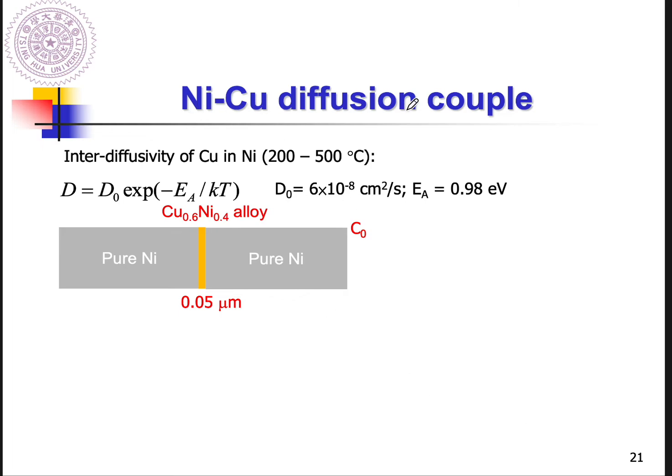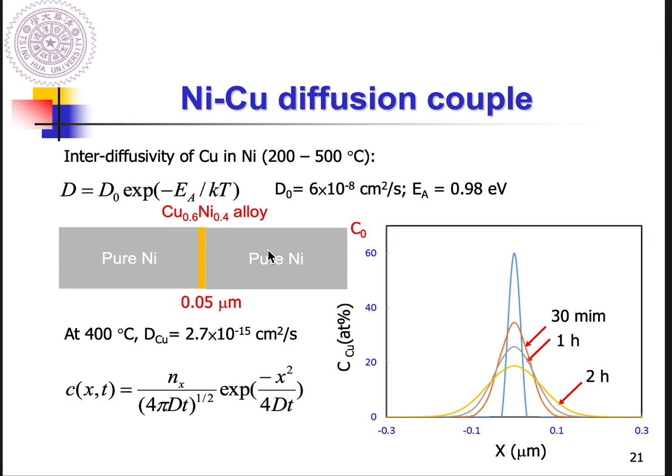We have a nickel-copper diffusion couple. That means we inserted a diffusing source, a planar diffusing source, in between the pure nickel. And the thickness here is 0.05, and the temperature we know. As long as we know the temperature, D0 and the activation energy EA, you can get the diffusivity of copper. And